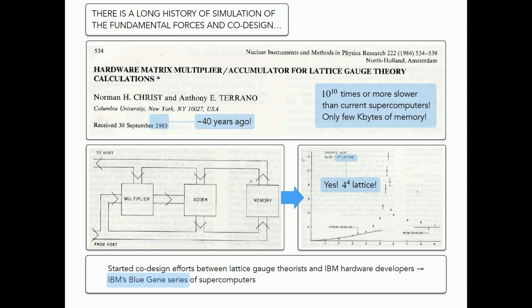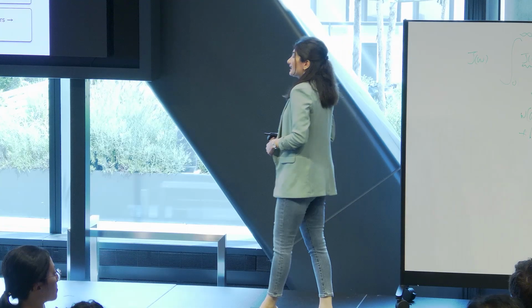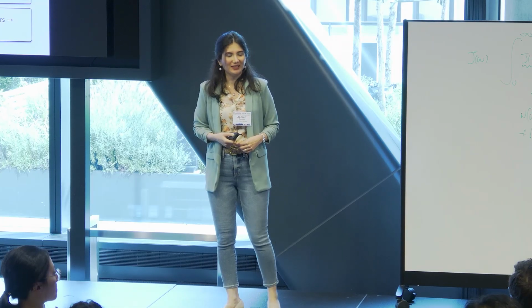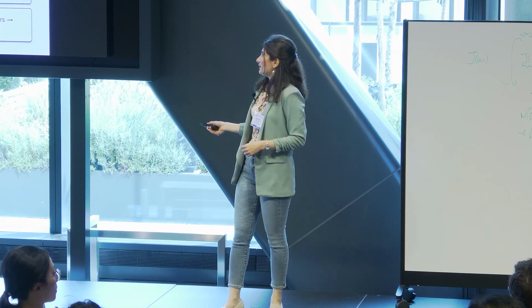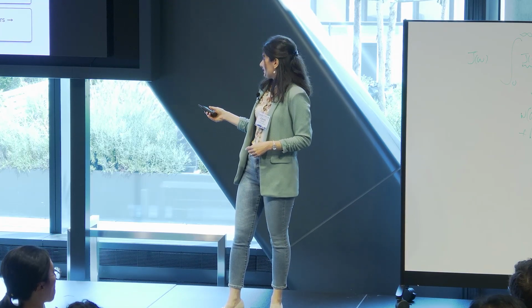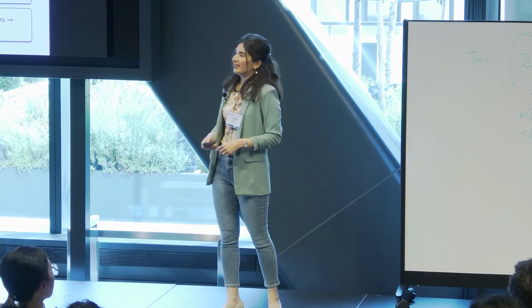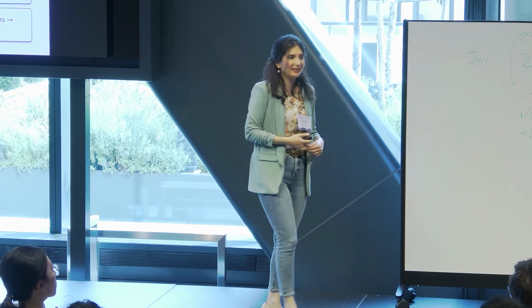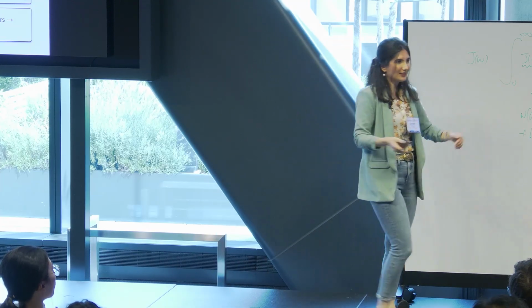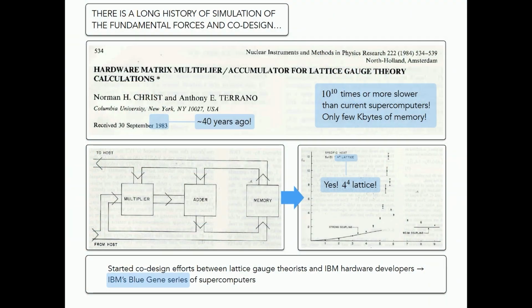And they were only working with a few kilobytes of memory. So as a result, the computations that they started were pretty small. This is a result of a Euclidean space-time lattice that is only 4 sites in extent. That might remind you of some of the computations that we do today using quantum computers. Okay, so the field of classical simulations 40 years ago was about at the same point that we are today